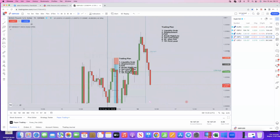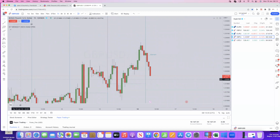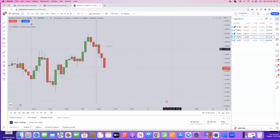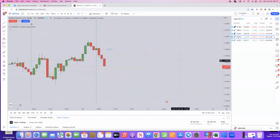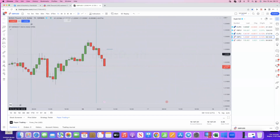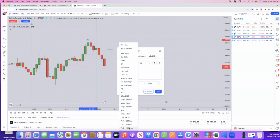Okay. And we're going to reset everything. I'm going to go on to remove all the drawings. And you'll see on here, I've got a new indicator as well. ICT midnight. Again, this is going to show you the midnight open for that particular day. Again, what I'm going to be adding here is the previous day high. So I've got this